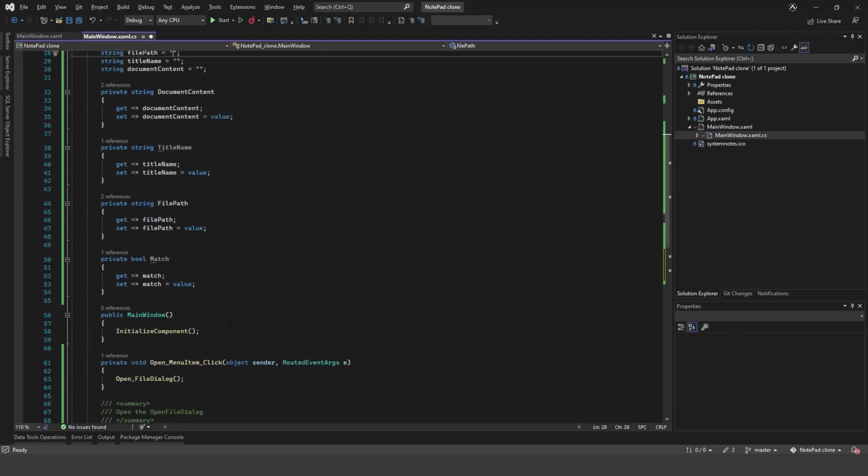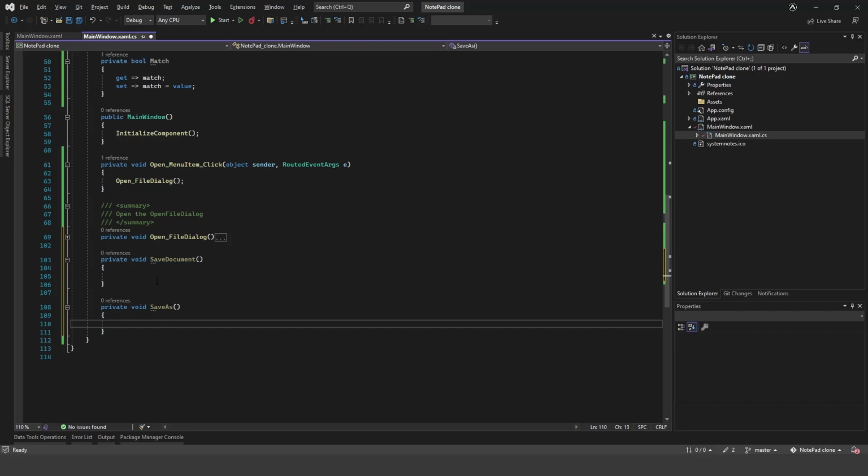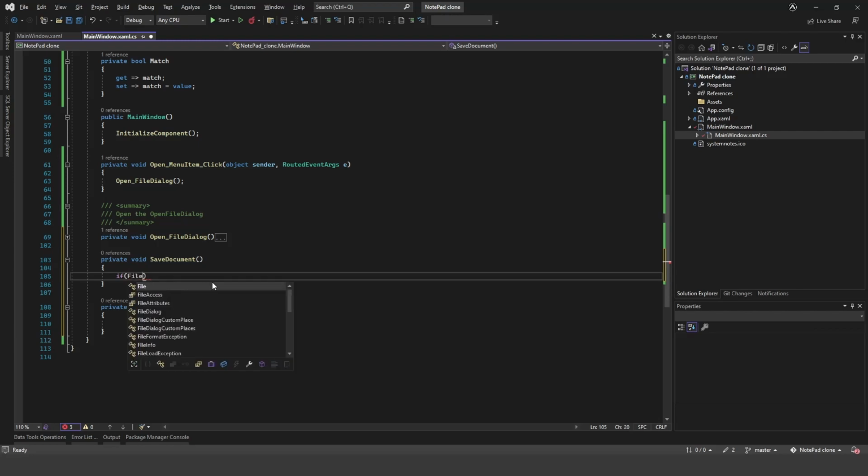If it's empty, then we're going to have to use the save as. So we'll say if file path does not equal empty,